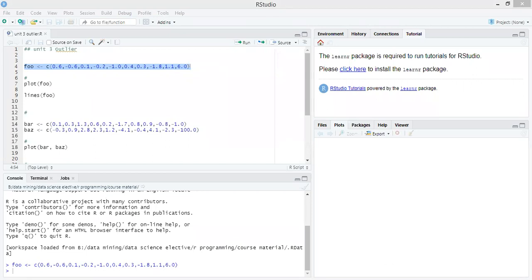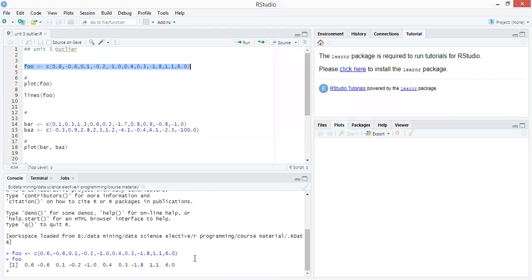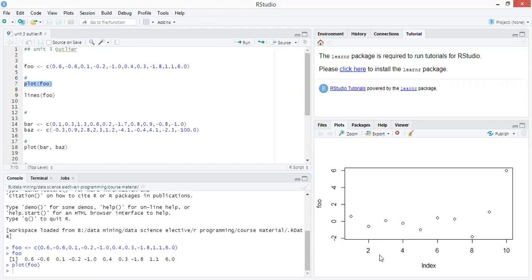So this is the first vector. We just print that vector. This is the formal written form of the vector. The 10 values are there. If we plot it, we just write plot, and within the brackets we pass the vector. If we run it, it gives me this plot.